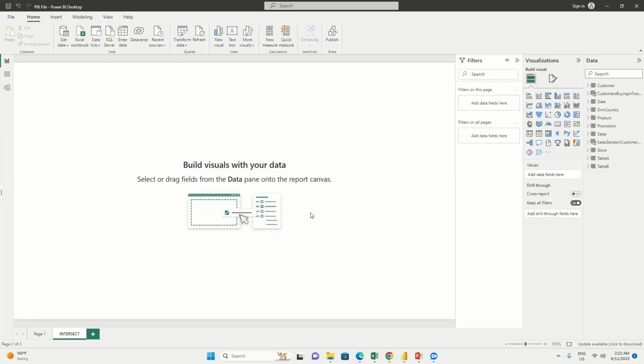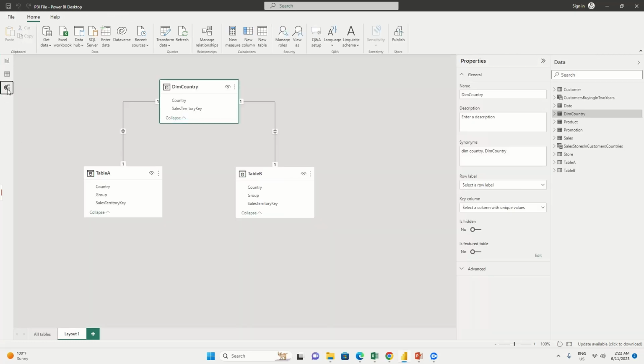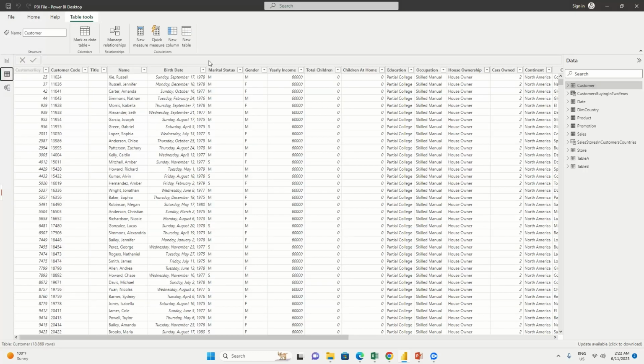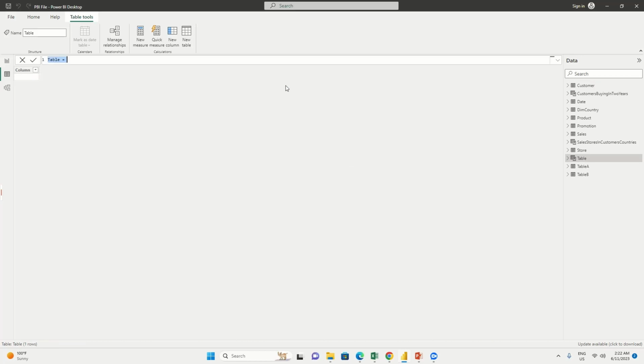Now I am in my PBI file wherein I have created a small data model with table A, table B and dim country. Dim country is basically the dimension table which is linked with table A and table B. Now let's go back to the data view and create a new table because the INTERSECT function returns a table as an output. So let's call it intersect example 1,